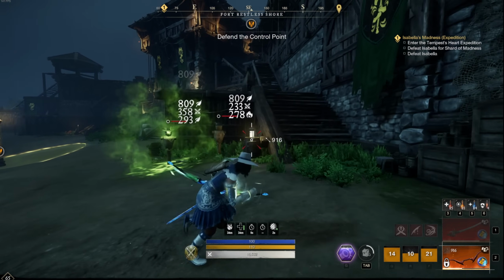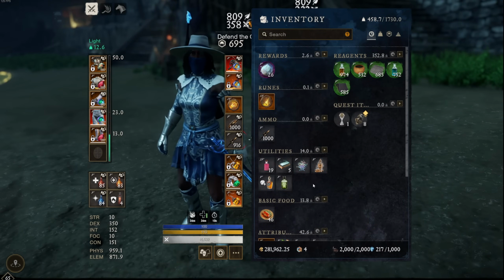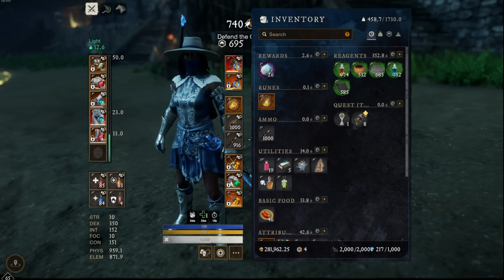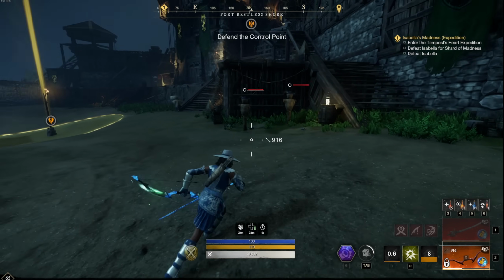you are going to do less thrust damage overall, so you have to make up for that. Your thrust damage should still be benefited by a ring because it just helps out with your damage in general. Abilities like Empowering Explosive Arrow will give you a nice little empowerment, so a good thing that you can actually